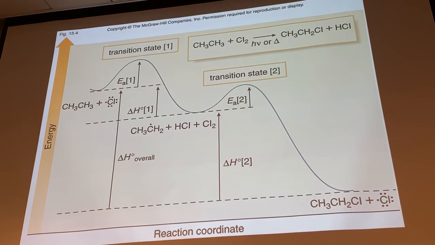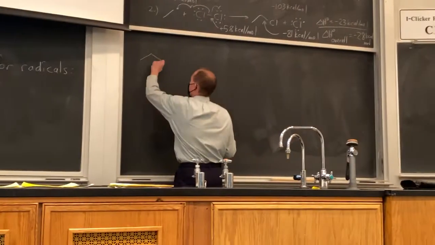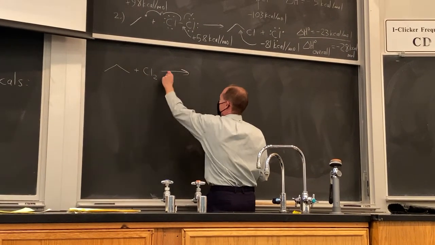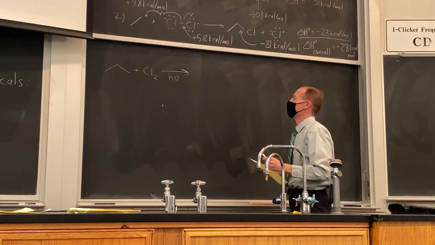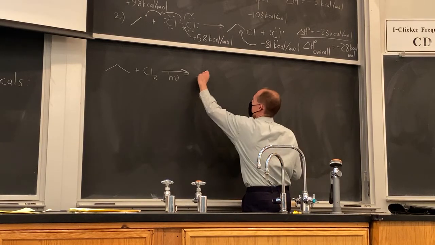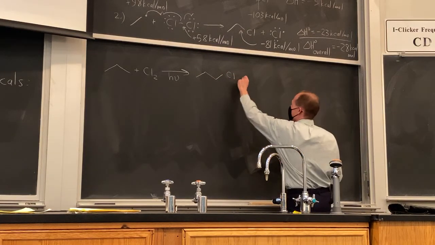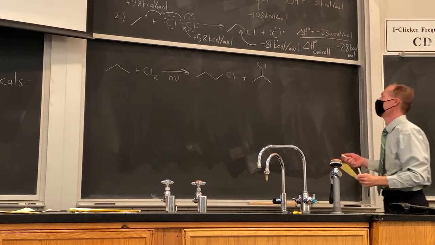So now what we're going to do is we're going to look at an example of a chlorination where more than one product is possible. So let's take propane. We're going to react propane. We'll use light this time. We could use heat or light. Reacting it with chlorine, we have two different types of hydrogens in propane. And so that means we have two different types of alkyl chlorides we could obtain, the primary alkyl chloride or